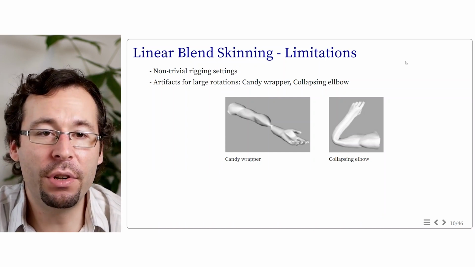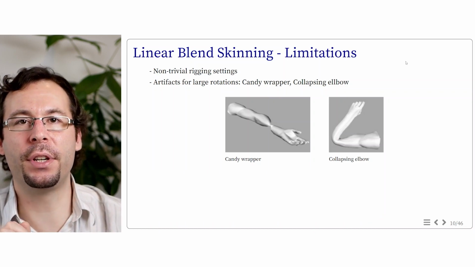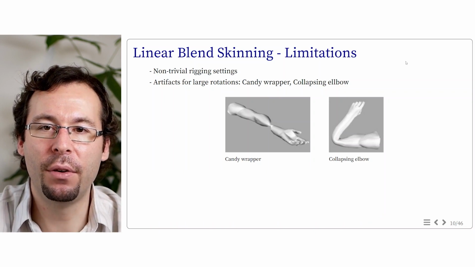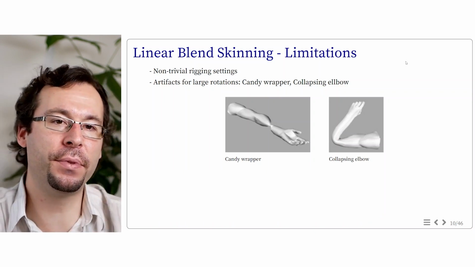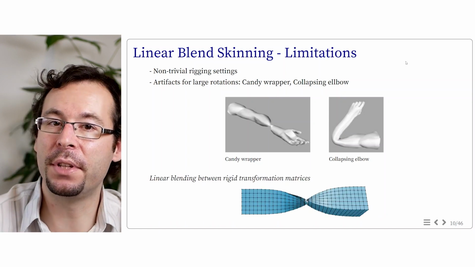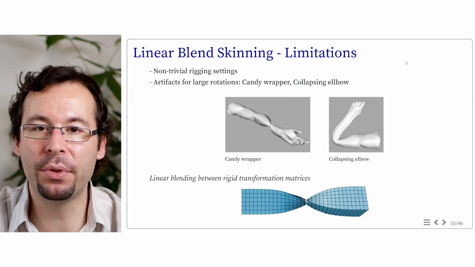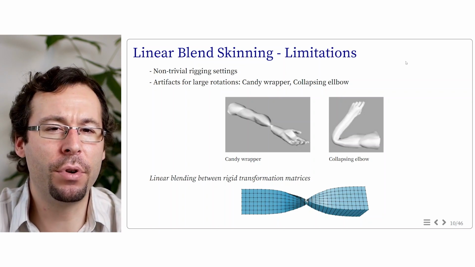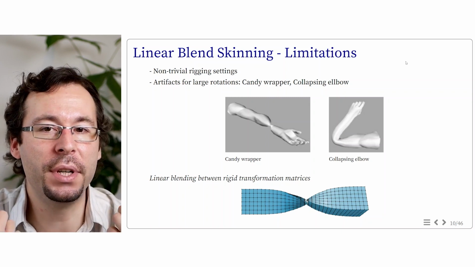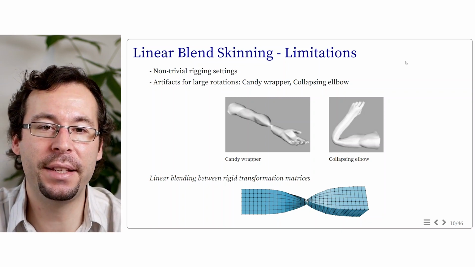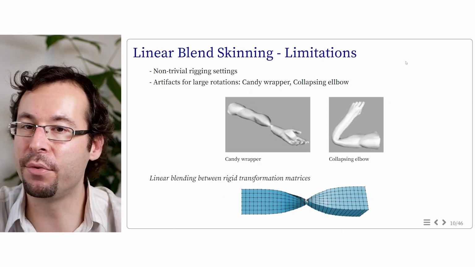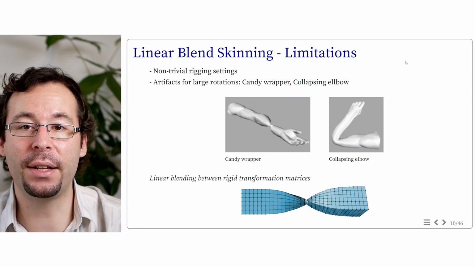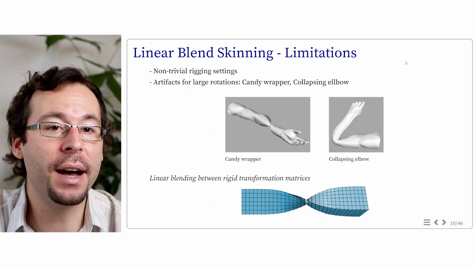Now we can think about the origin of this issue. Why do we have such artifacts? Actually, if we go back to the initial formulation of skinning, we saw that it's a linear blending of transformation matrices. This is one of the advantages of the method, as it's very fast to compute, but if we think about it, it's also something we shouldn't do. Remember that for rotations, we should not try to interpolate them using linear blending between matrix coefficients, as it would involve spurious scaling and shearing. But this is exactly what we are doing with linear blend skinning.